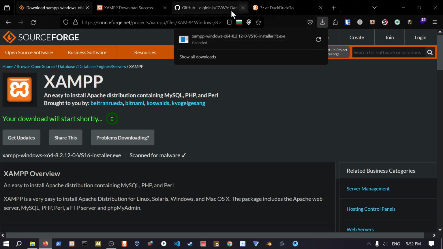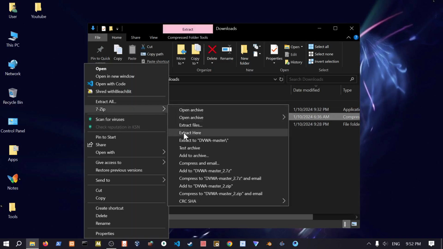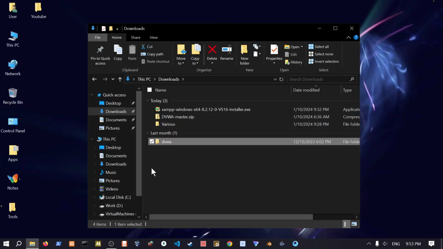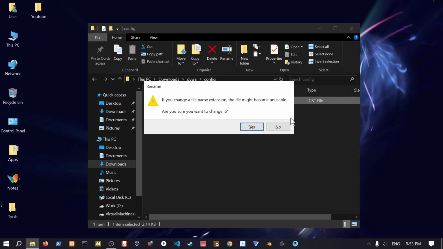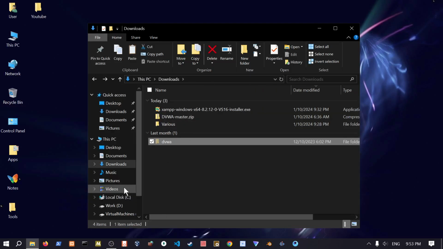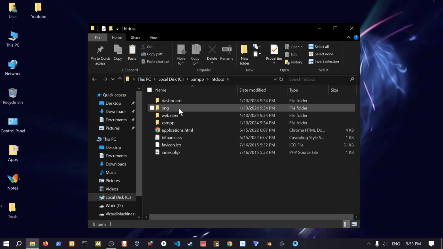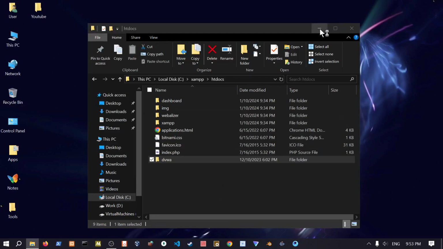All right. Again, I already have this installed, so I'm just gonna close these tabs. I already have XAMPP installed, so what you're gonna do is just extract your Damn Vulnerable Web Application, change this into DVWA, go inside that folder, you're gonna find a folder called config, change that config.inc to config.inc.php, press yes, and then cut this, go into your local disk C, XAMPP, htdocs, and then paste it over here. Go to your browser,